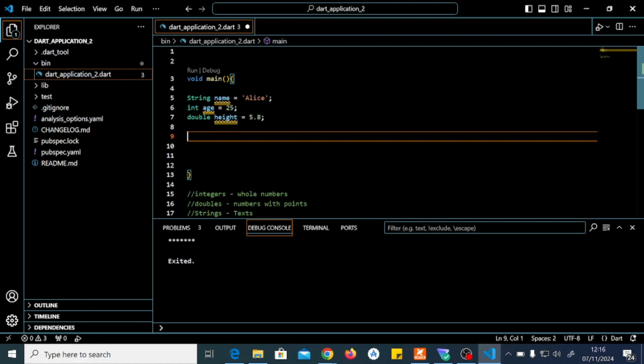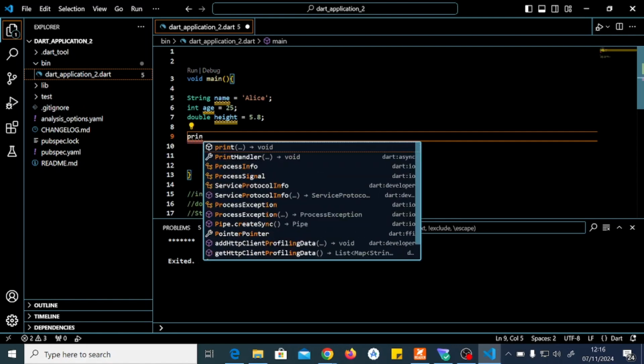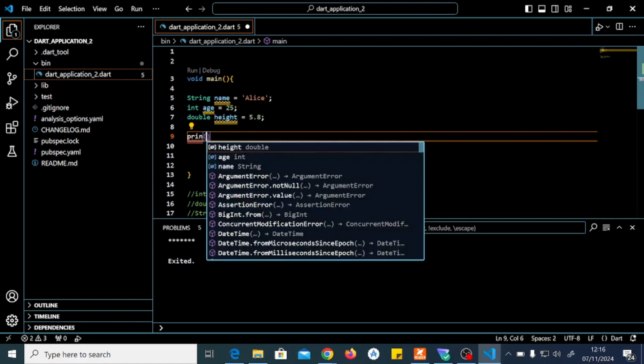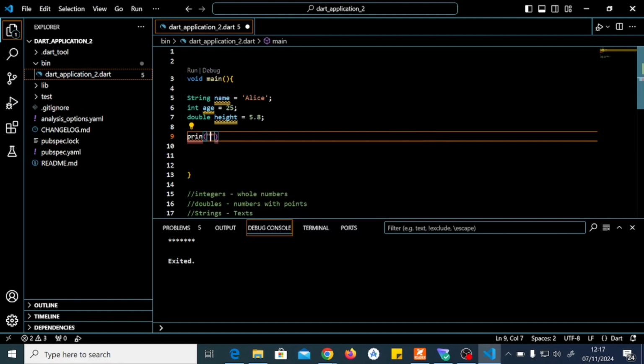For example, we are going to print, we are going to put the bracket, and we are going to put the double quotes. Let us first put the semicolon. Now we are going to write the statement here that her name. Are you seeing me, guys? I want you to see me clearly here. Her name